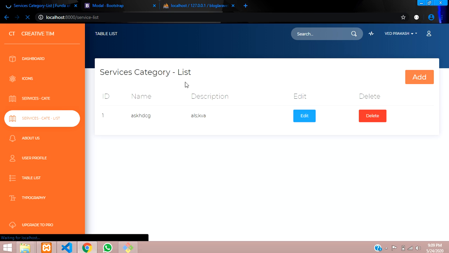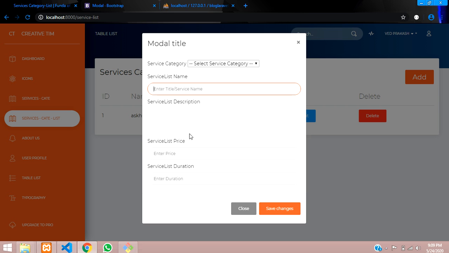So let's press Control R and click add. So you are getting a form, right? Price and duration, and the description, and the service name. This is not designed, so you just use a class.